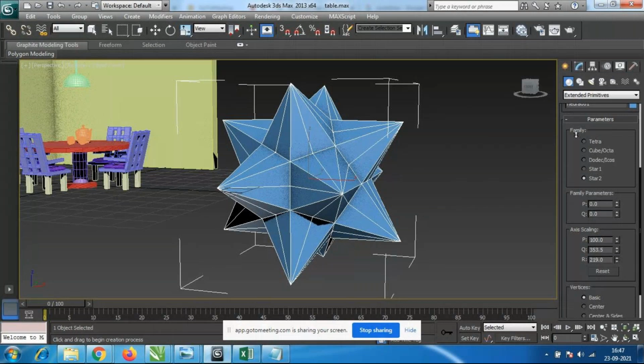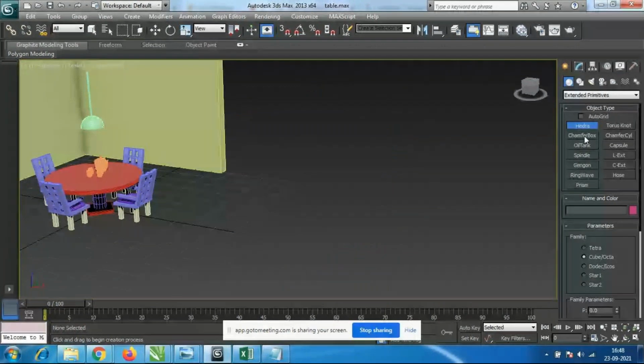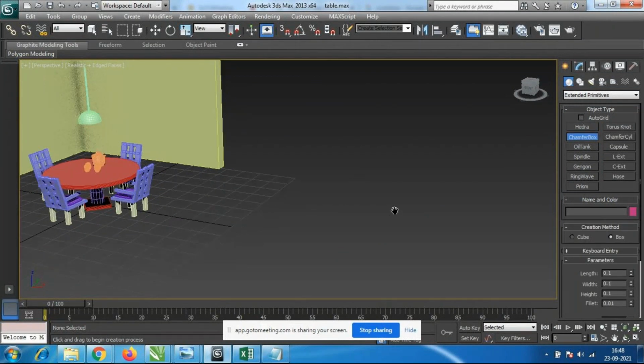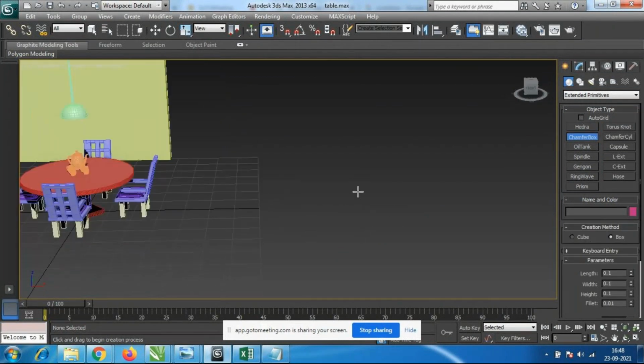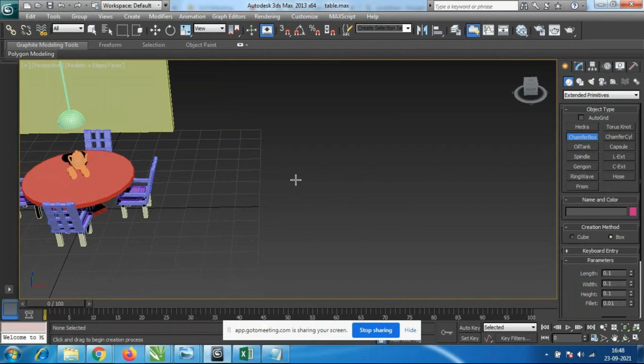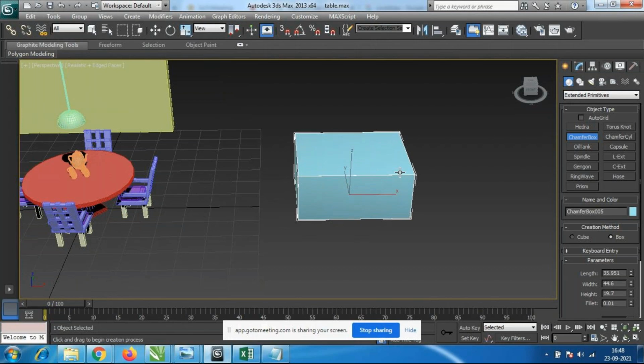Okay, so next we'll go to the other tool called chamfer box. Yesterday, in the last session, we used this option to make the cushion. So chamfer box is a very important tool. I'll take this box and pull it a little up, and I'll bring it back.